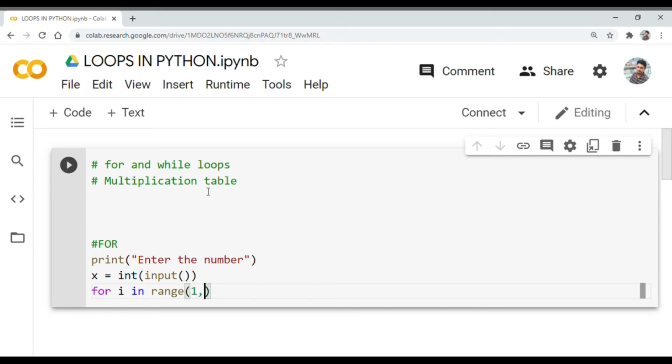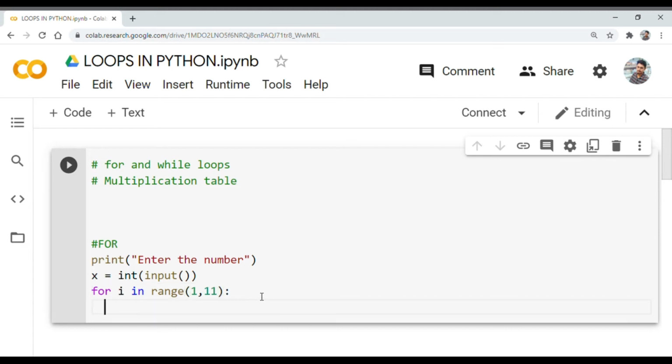So for i in range of 1, 11. Eleven, because the range function will work from the initial number to the second number minus 1. So the sequence which will be run will be 1 to 10, that is 1 to 11 minus 1. Then a colon to start the indent.